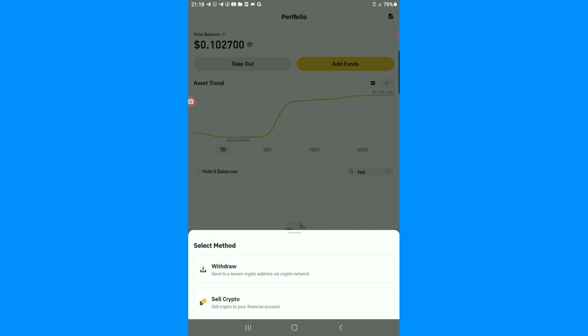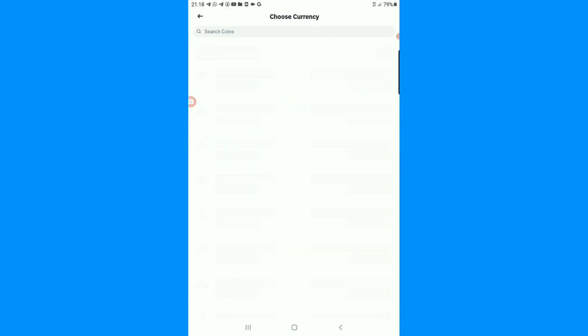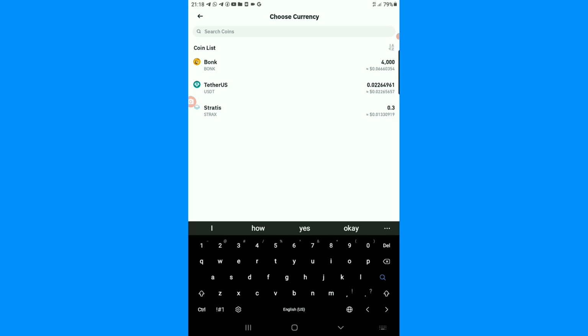So after tapping on withdraw, the next thing you have to do is to select the coin that you want to withdraw, which is Tom coin. So we search for Tom. So let me search for Tom. So tap on Tom coin. So the next thing I have to do after tapping on Tom coin is to tap on